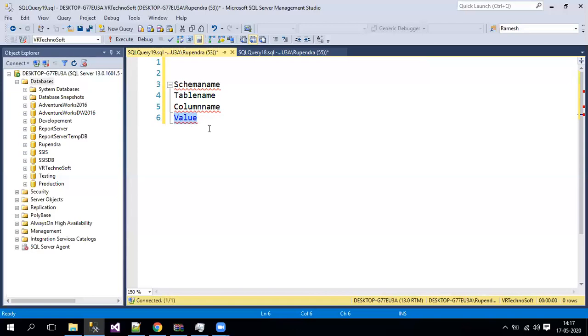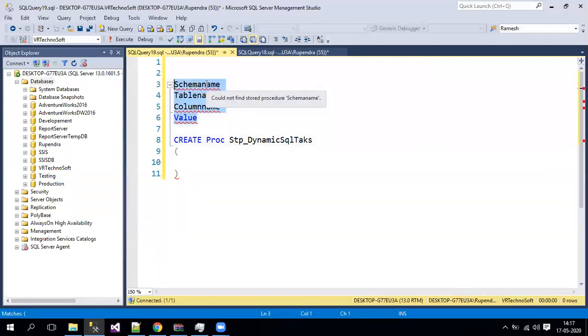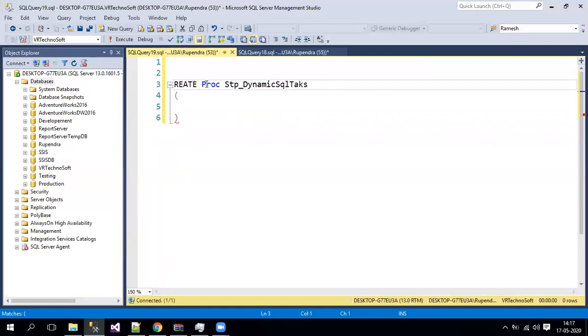And I'll also create a simple stored procedure for this to write a dynamic SQL. So create procedure, and I'll keep my procedure name as STP, STP is nothing but stored procedure, underscore dynamic SQL task, and open brace and close brace. As I said, these are all input parameters and input values which are provided by the client or the other developers, whatever it is.